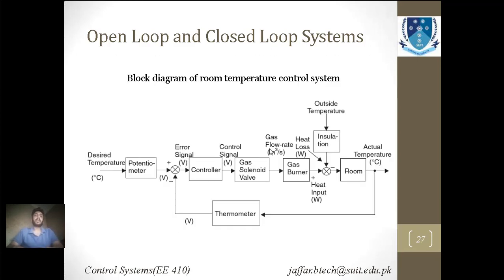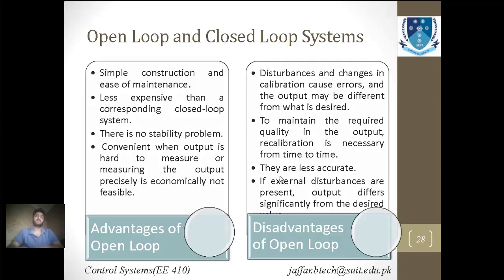This is an example of a room temperature control system. You see that a thermostat will be needed to measure the temperature. If it is not your desired temperature of a room, it will keep giving it back to the controller. The output of the room is given to the thermostat. The thermostat will be used as a sensor. It will sense the measured value of our actual room temperature and give it to the controller, and the controller will further increase or decrease the gas solenoid valve or gas burner, etc., to control the room temperature.